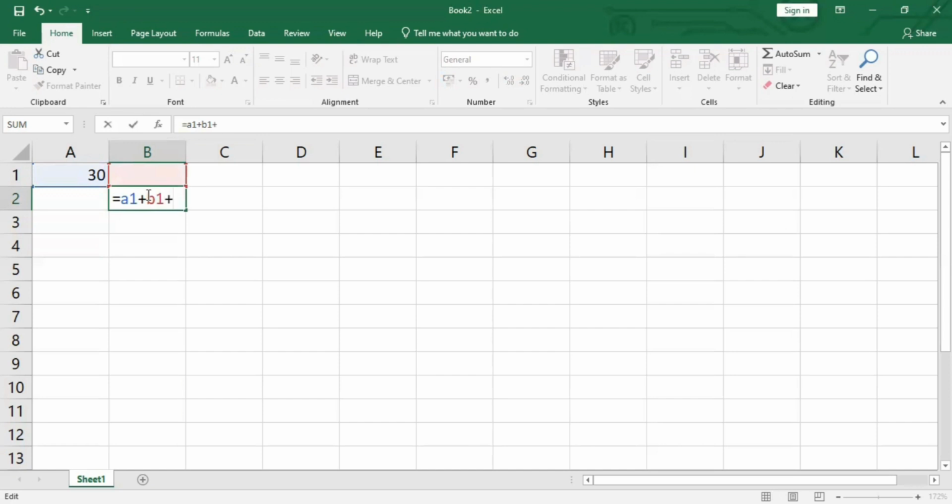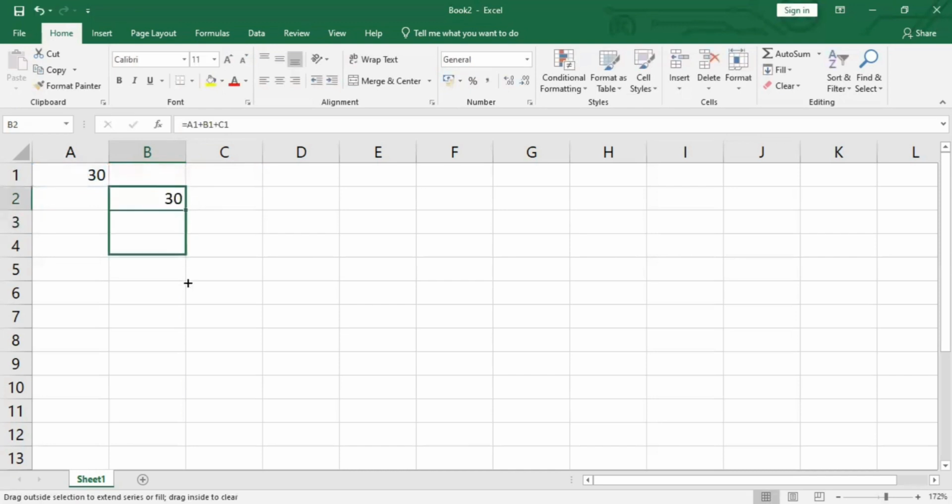plus C1. What will be the answer? That is 30, because I haven't written anything in the B cell or C cell, so it will come out to be 30, as only A1 contains some content. This formula will change every time whenever you drag it. For example, if I drag this particular cell from here to here,